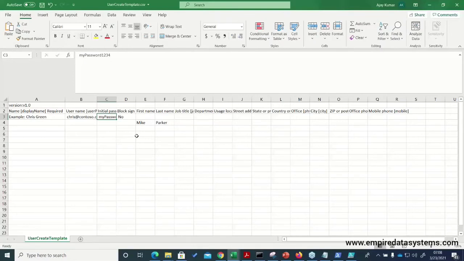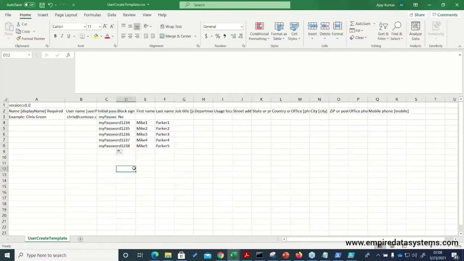Another way is through PowerShell, which we can also do. So here I am doing it. Say I have 10 users. I'm saying mic 1, and let me say mic 4, 5, Parker 1, job title, anything you can give, and the passcode. I am going to give this as it is. This would be the password, and here the username should be your mic1,